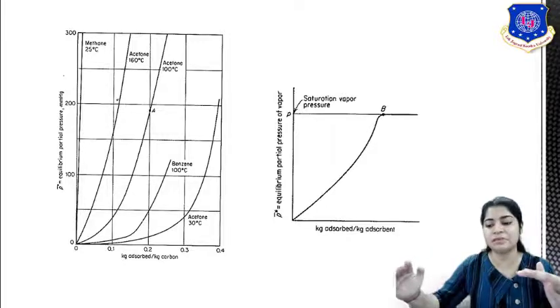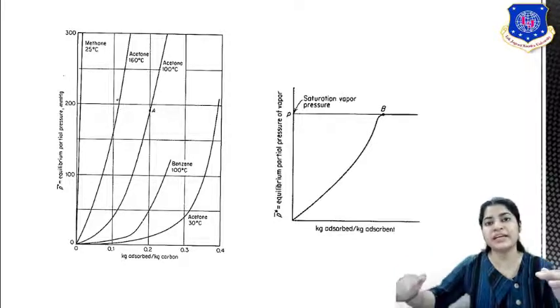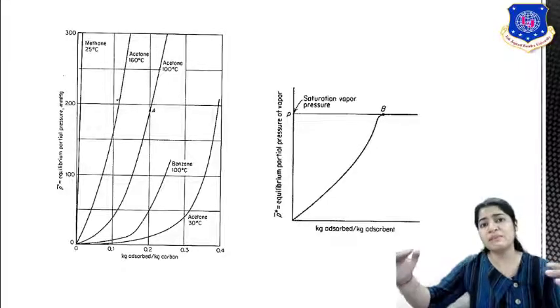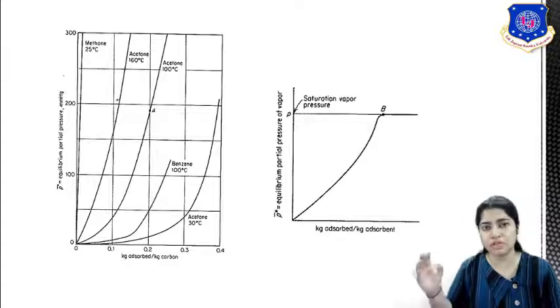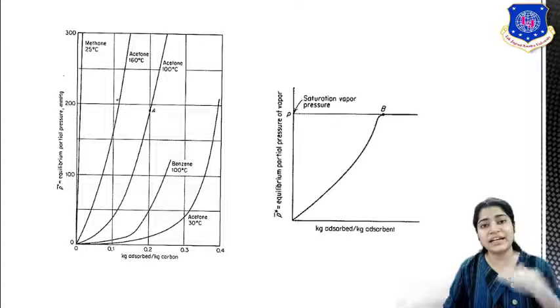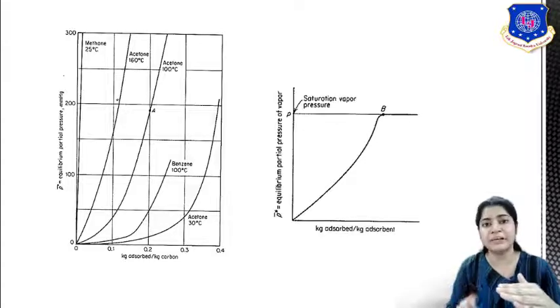So that is the maximum limit. Till point B only you can carry out adsorption on your adsorbent. Once this point B has been reached, even if you keep your solute gas with the adsorbent for an infinite amount of time, no further adsorption will occur. That is your saturation limit at that particular temperature.